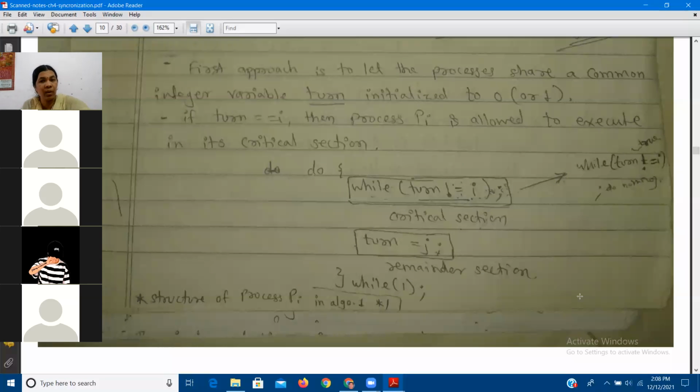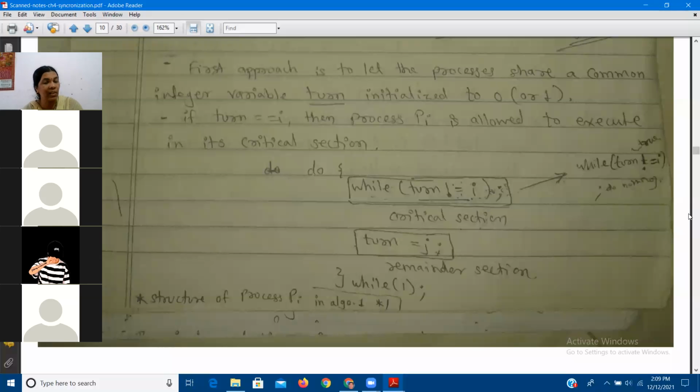So if you are observing over here, so the first rectangle, that is the while statement. So it indicates it is the code related to entry section. Then critical section related code will be there. Then exit section related code. So what is the exit section related code over here? Turn is equal to J. जर I critical section मध्ये गेला असेल आणि I चं काम संपलं असेल तर I ने एक्झिट सेक्शन मध्ये येऊन काय एक्झिक्यूट करायला पाहिजे? आता माझा टर्न संपलेला आहे, माझं यूज झालेलं आहे. So now you can give the turn to J. So that's why in the exit section the statement is turn is equal to J.